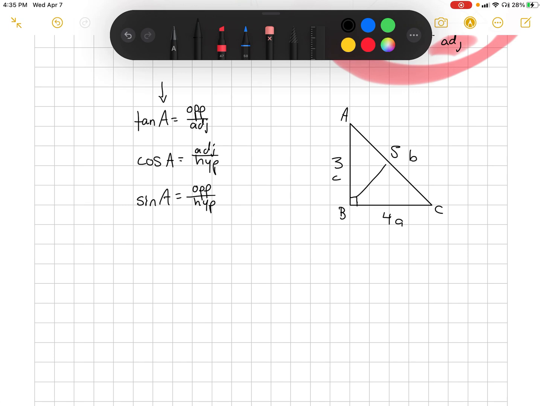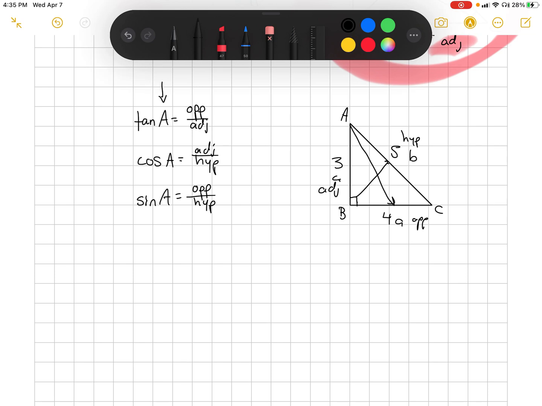So our hypotenuse here would be B. Our reference angle is A, so that's our opposite side. And by process of elimination, that becomes our adjacent side. Now, if we were to write out what the tangent, cosine, and sine ratios of these things are, all you would